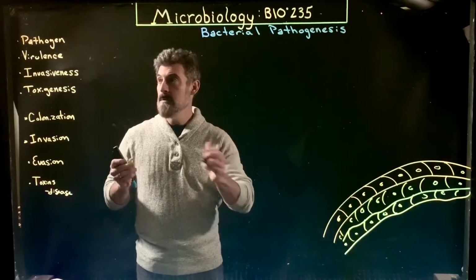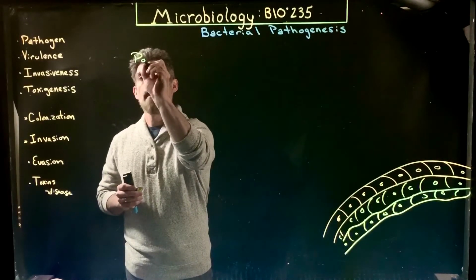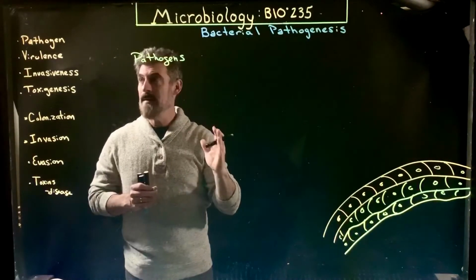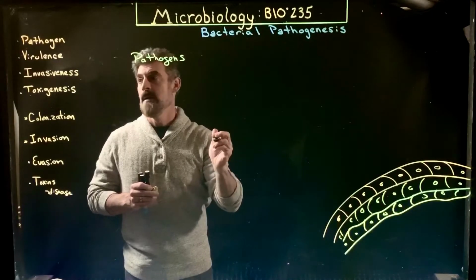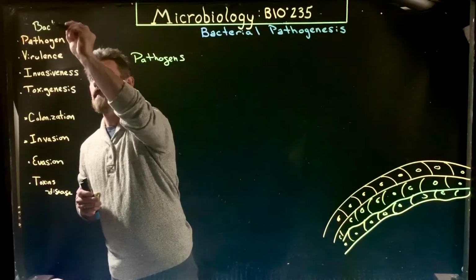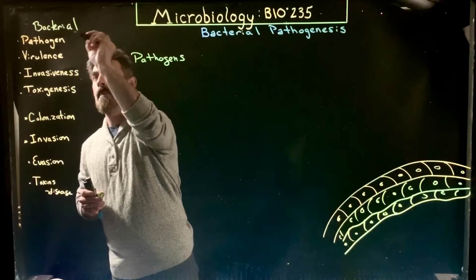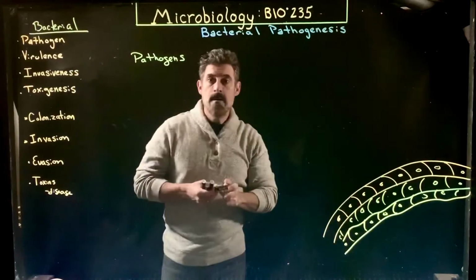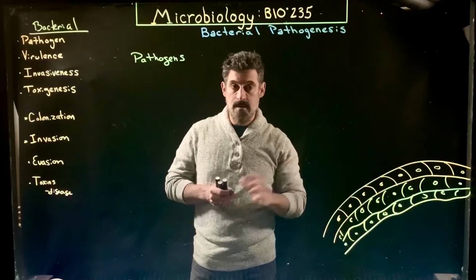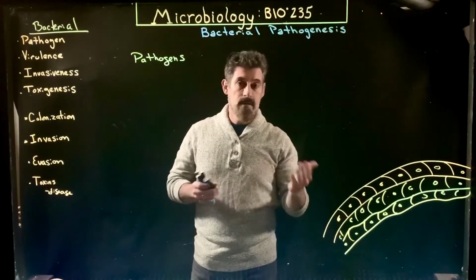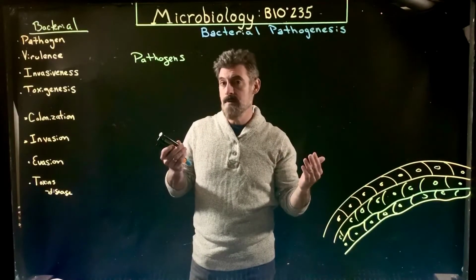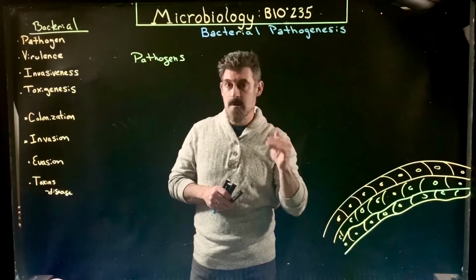So now what we're going to do is start to talk about pathogens. And in this case, we're going to talk about pathogenic bacteria, all right? So we're going to put bacterial pathogens, because there are other types of pathogens. So there are eukaryotic pathogens, different types of parasitic cells, fungal pathogens, and then there are viral pathogens. They all have certain similarities, and then there are certain differences and things that are unique. So this is focusing on bacteria.